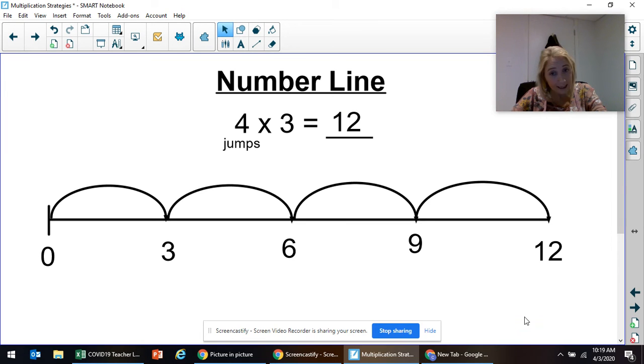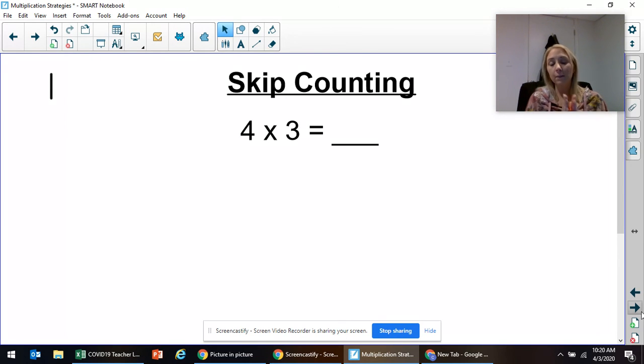And last but not least, our favorite, because it's the friendliest, you're not drawing a lot of things. It's always a good one to use, especially if you have those high multiplication problems such as 8 times 8 or 6 times 4 or 9 times 7. We always like to do our skip counting. It's always a nice one to use. So when you are skip counting,